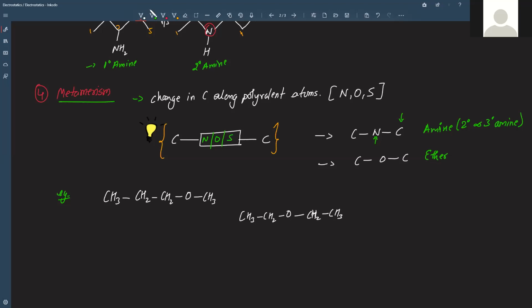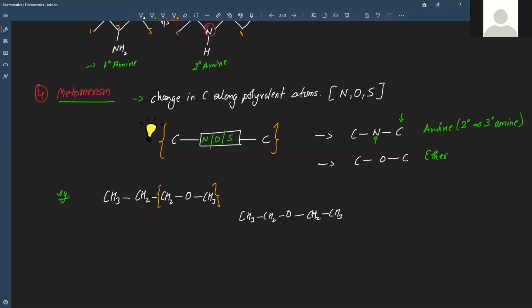There is a change in the position of the functional group, but before that we also see that it actually satisfies this particular situation, that is, it has a COC, and due to that it becomes a metamer and not a positional isomer. That means the priority of positional isomers is lower than even metamerism. So this is one example of this.